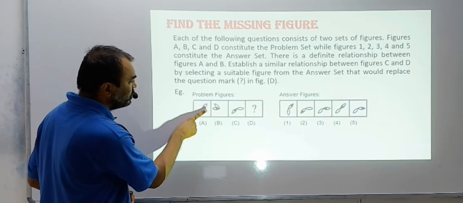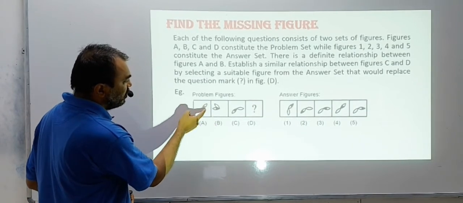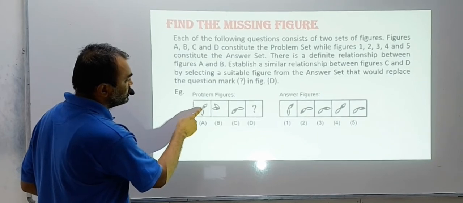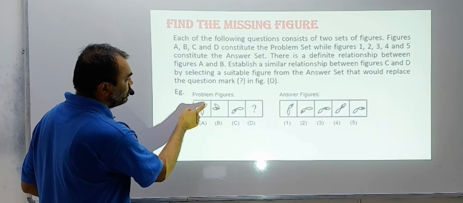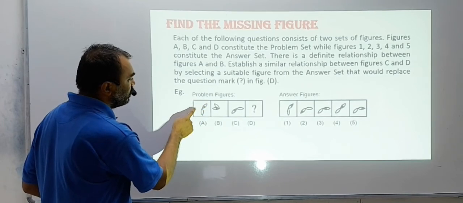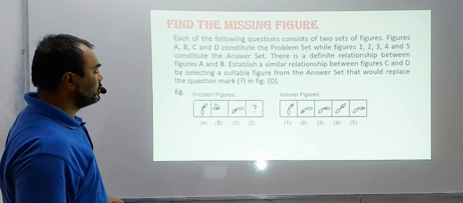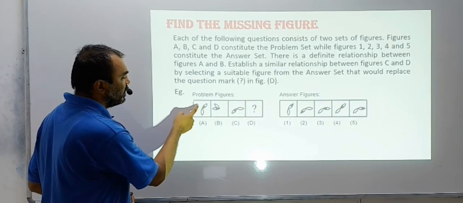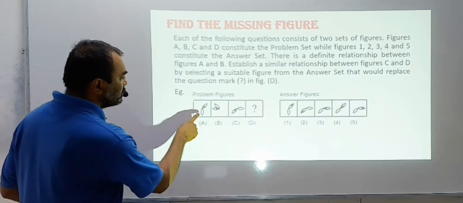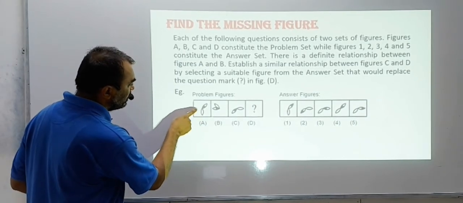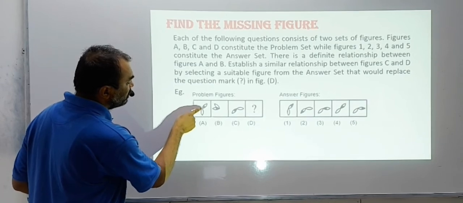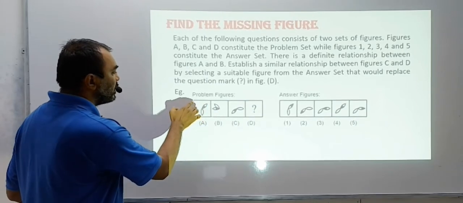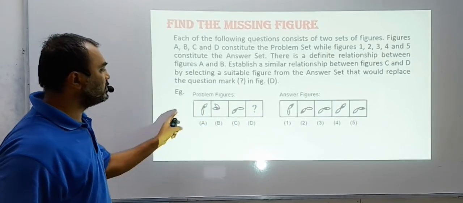This black figure is at northeast. When it goes 45 degrees, it comes here. And when it goes 90 degrees, it comes here. So this black leaf has gone anti-clockwise by 135 degrees. Do you notice that? This black leaf has gone how much? 135 degrees anti-clockwise. And this white leaf moves here, then becomes 90 degrees and moves here, 135 degrees. So the white leaf has gone 135 degrees clockwise, the black leaf has gone 135 degrees anti-clockwise and gives us this figure.